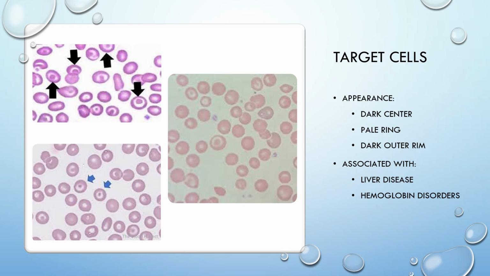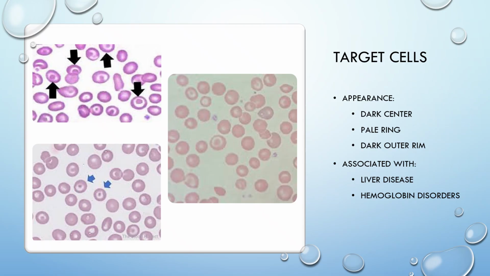Target cells are one of the more visually distinctive red blood cell shapes you'll encounter on a smear. Their name comes from their characteristic bullseye appearance, which resembles a shooting target. A classic target cell contains three visible zones: a dark central area of hemoglobin, a surrounding pale ring, and then a dark outer ring. This layered appearance occurs because the distribution of hemoglobin and membrane surface area within the cell